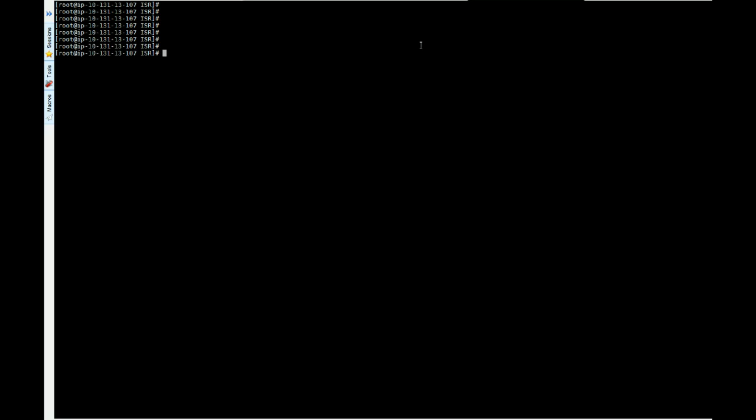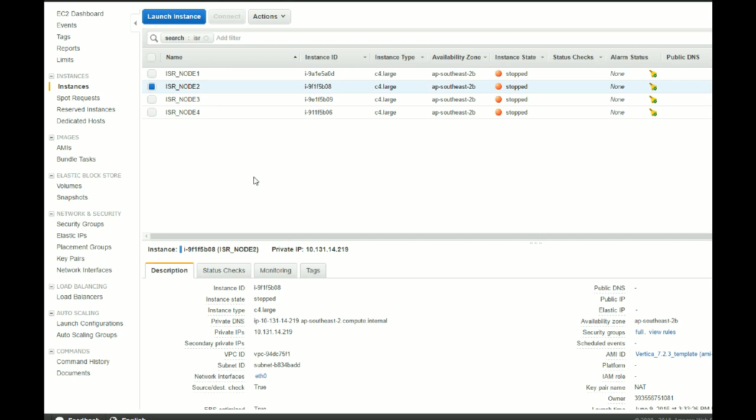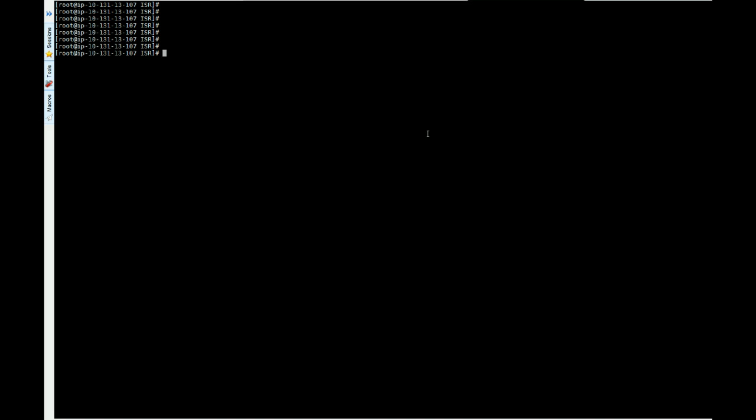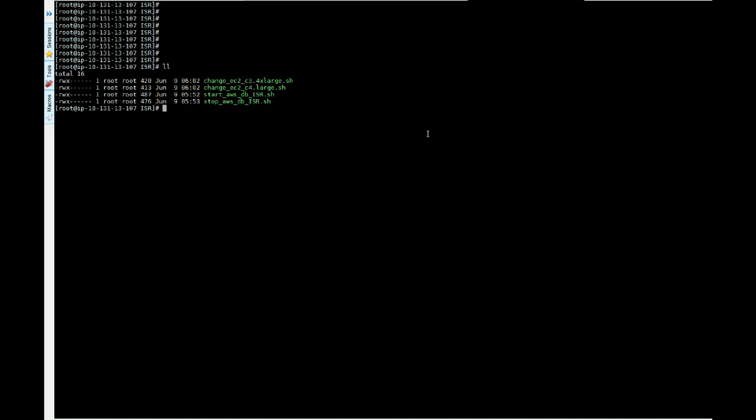In this tutorial, we're going to go through some scripts and see how we can start our instances on the cloud using scripts, without having to log into our Amazon management console. So here I have an instance where I have all my scripts to start my instances. As you can see, I have some scripts that will change the size of the instance, stop the cluster, start the instance. First, what I'm going to show you, in the root directory under the profile file, I